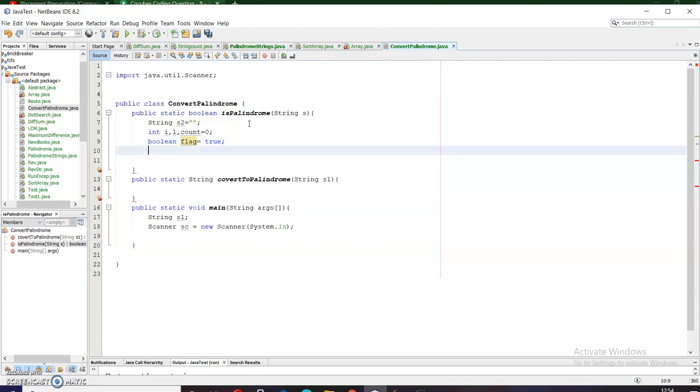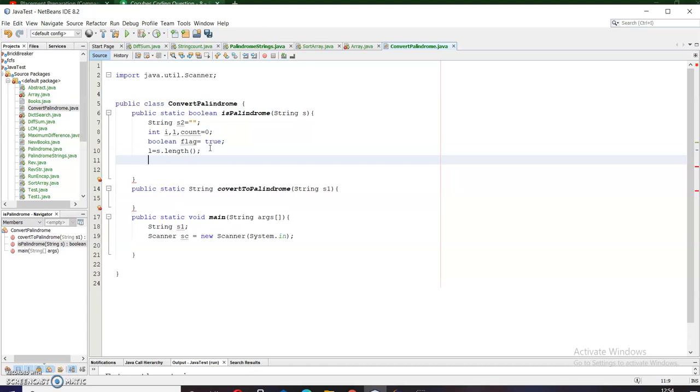Now I have to calculate the length of the string. So L equals s.length.